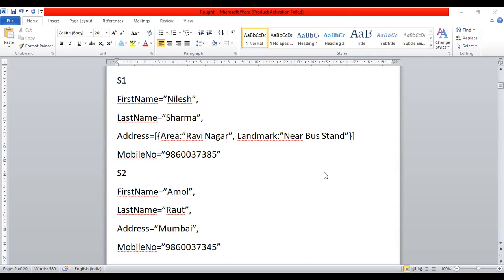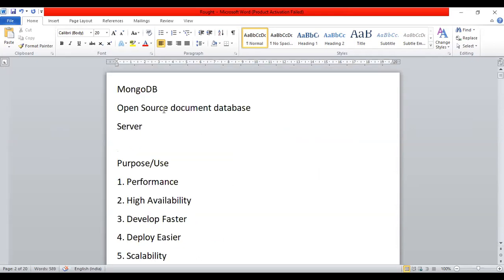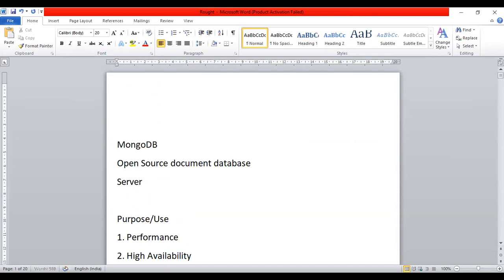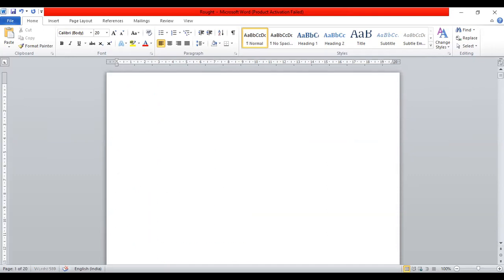Okay, so let's come to the next topic. MongoDB data types. What are the different data types we can use while we are using the concept of MongoDB with any programming language? But before that,